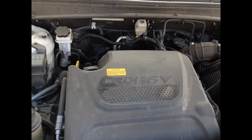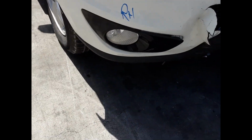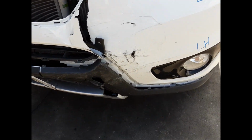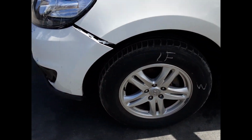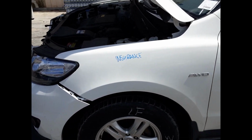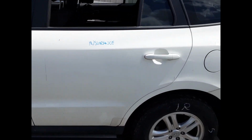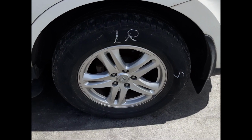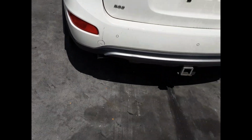D4HB 2.2 litre 4-cylinder turbo diesel engine with right-hand headlight, right-hand fog light, left-hand fog light, left-hand headlight, left front 17-inch factory alloy mag with a good tyre. Left guard appears to have no damage, left power door mirror, both left-hand doors appear to have no damage, left rear 17-inch factory alloy mag with a good tyre, left tail light, left tailgate garnish, tidy rear bumper cover, does have a cutout for the tow bar,